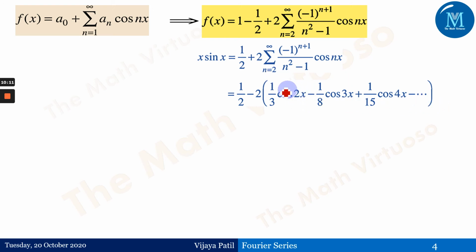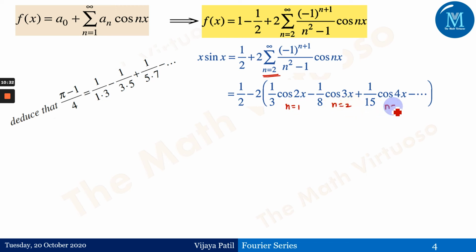Why is this starting from cos of 2x? Because please see, this is n equals to 2. We have calculated the value of a1 separately over here, that is what we have got as minus half in the previous slide, and therefore this is cos of 2x, cos of 3x, cos of 4x and so on. So this is the value for n equals to 1, n equals to 2, n equals to 3 and so on. You need to put it up here and you will get these values. This type of thing I have already explained in the previous sessions. Then the next part is this deduction, that is what I have taken as a second part.